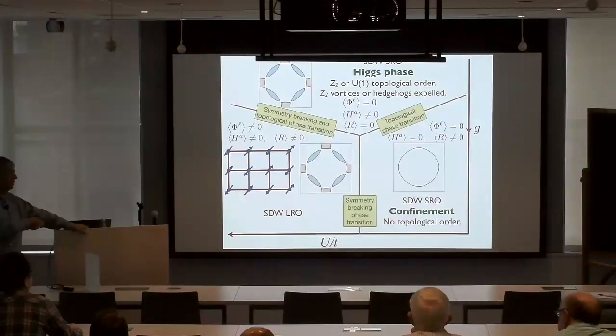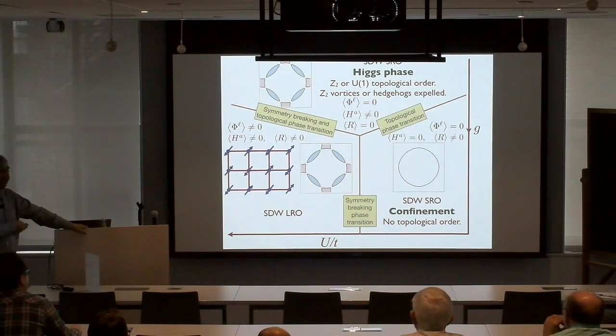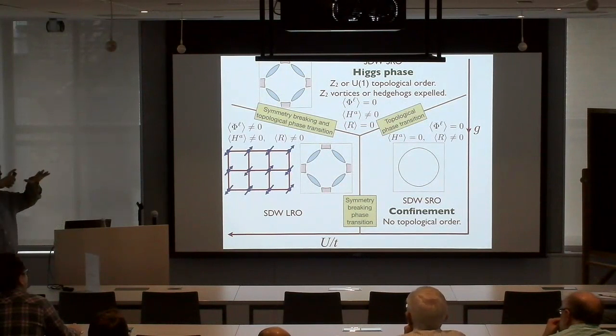So that picture has some issues with the spin susceptibility across this transition. It seems like there's a large Pauli susceptibility at this transition, and so if I just take this SU(2) gauge theory on its own as a theory of this transition, I run into trouble with the behavior of the spin susceptibility. But there could be other things going on. I think this is a picture of what's happening at relatively high temperatures, and as you lower the temperature,